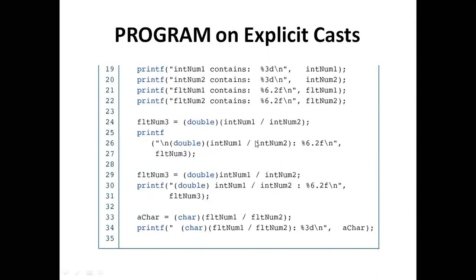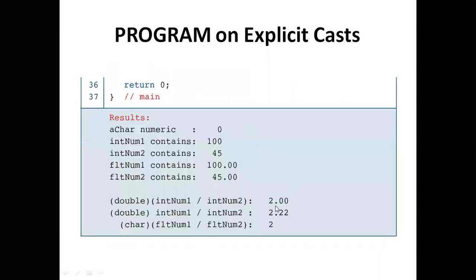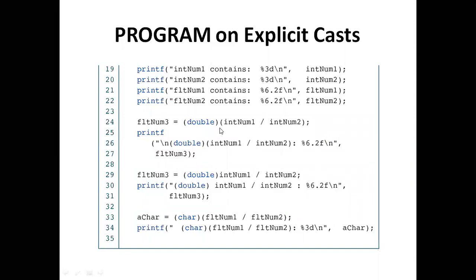Here we are converting and displaying. First of all we are getting the value as 2.00. Why are we getting 2.00? Because we are indicating int num1 by num2 inside the